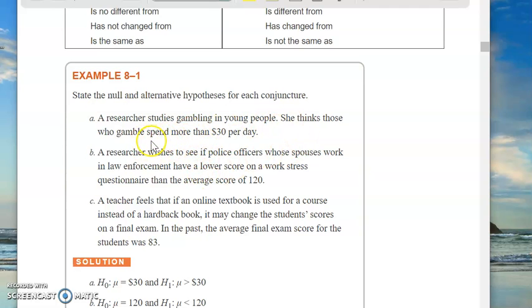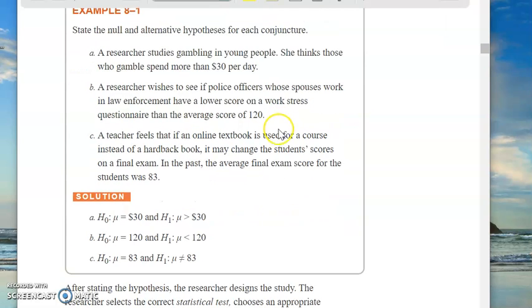She thinks that the people that gamble spend more than $30 a day, okay? All right, so here's one. We say, okay, the null hypothesis is there is no difference. It's exactly the same, okay, as